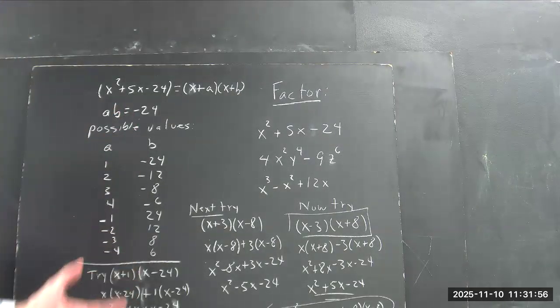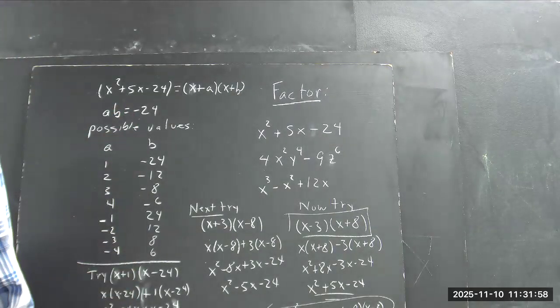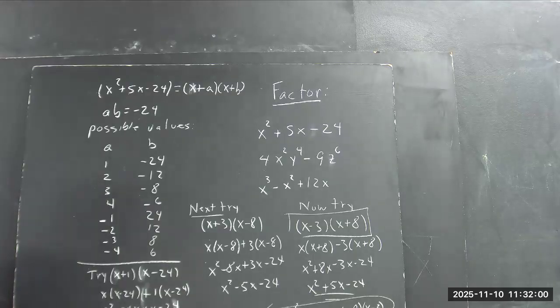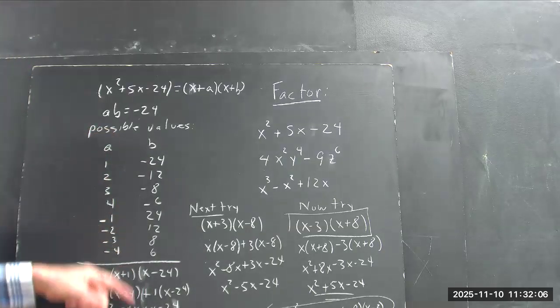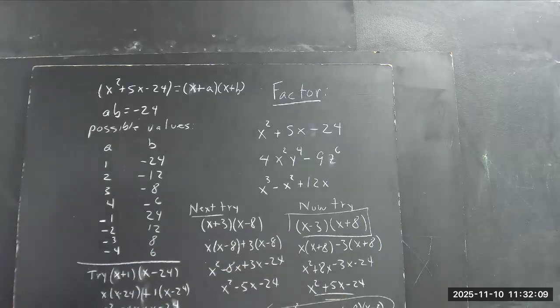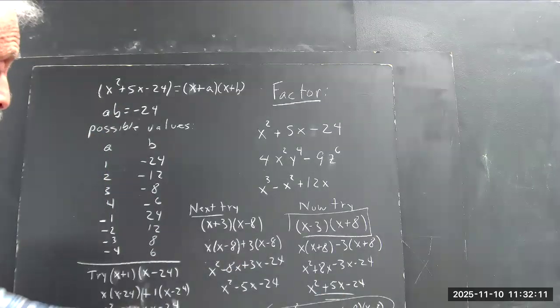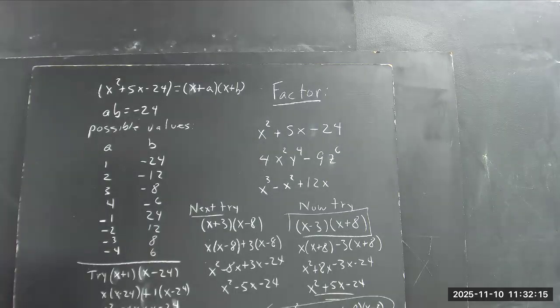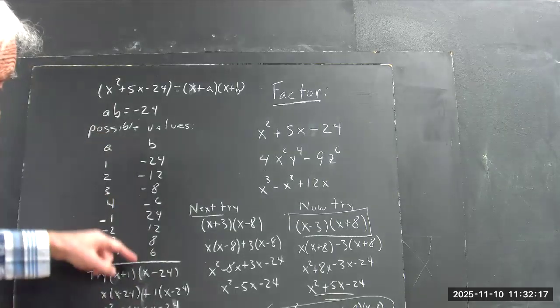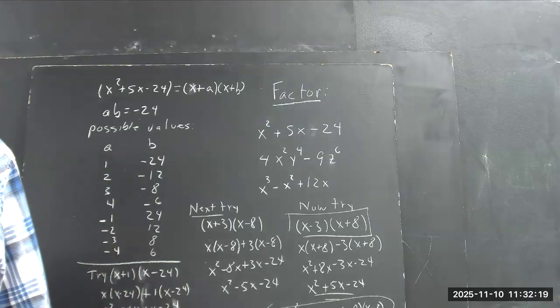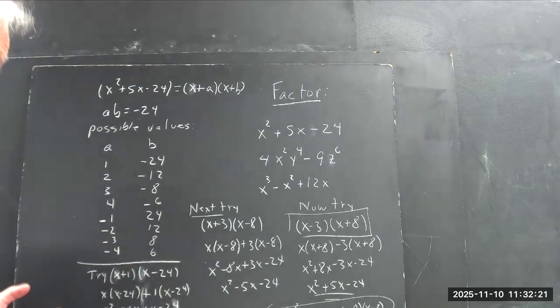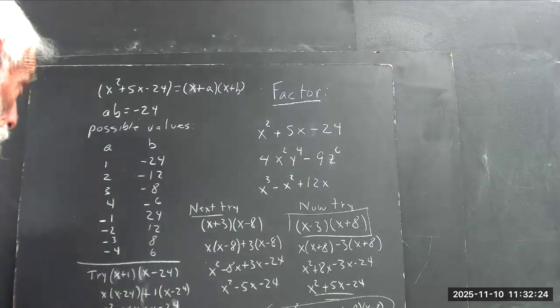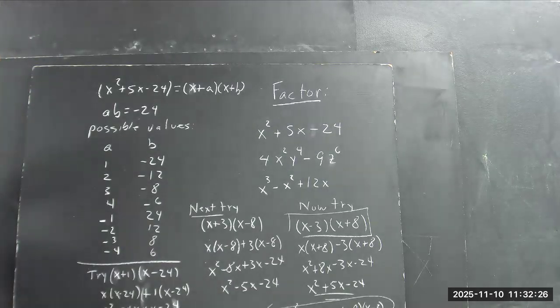Now, this is the process I advocate everybody learn, but there is an algorithm that people are going to tend to forget. If you practice this and do the trial and error, two things are going to happen. You're going to get better at using the distributive law, and you're going to have something you can remember how to do in case you forget the algorithm. Now, the algorithm is